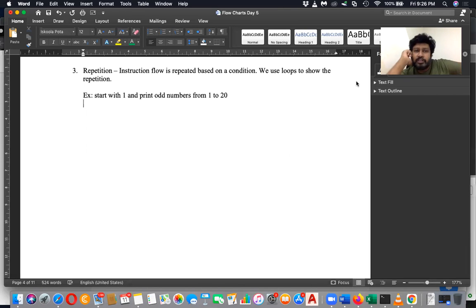Instruction flow is repeated based on a condition, and we use loops to show the repetition. Then write the example. Start with 1 and print odd numbers from 1 to 20. So here, let me make this question easy. Start with 1 and then end